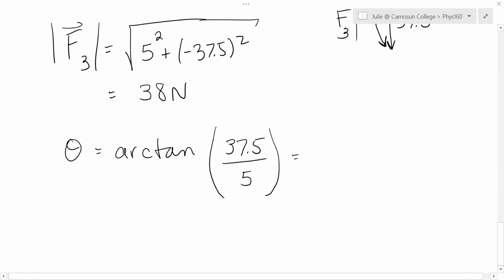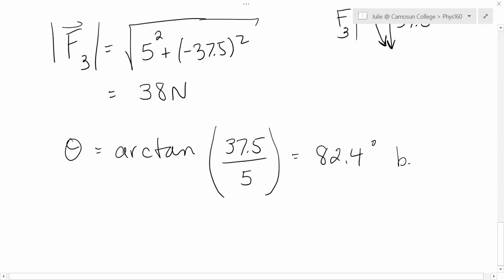Oops, something on my screen here. Okay, and that angle would be, make sure your calculators are in degrees. That's quite a steep angle. It's 82.4 degrees. Now I'd have to say below the negative